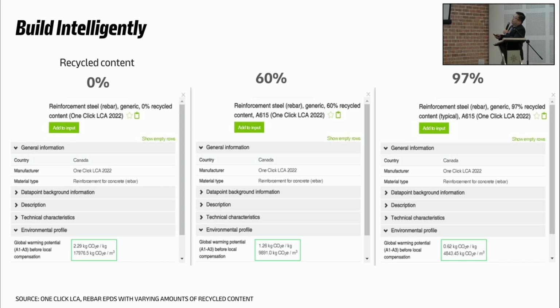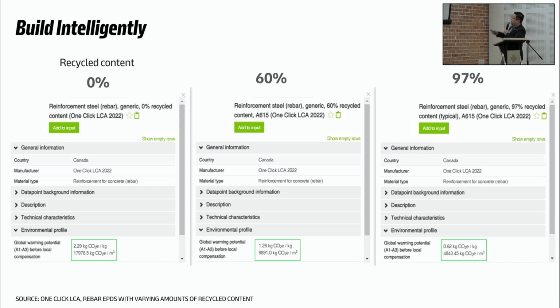Right? Now, GWP, this one is saying that it is 2.29 kg CO2 equivalent when it comes with 0% recycled content. But when you have a 60% recycled content, it gives you 1.26 kg, which is lesser than this. Right? When you have a high recycled content of a rebar, right, you get 0.62 kg only. So the embodied carbon for this material is far lesser compared to this, simply because it has got a higher